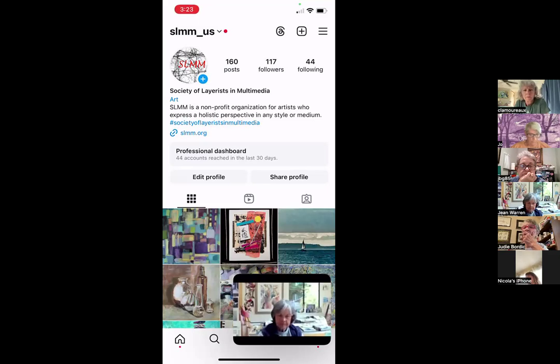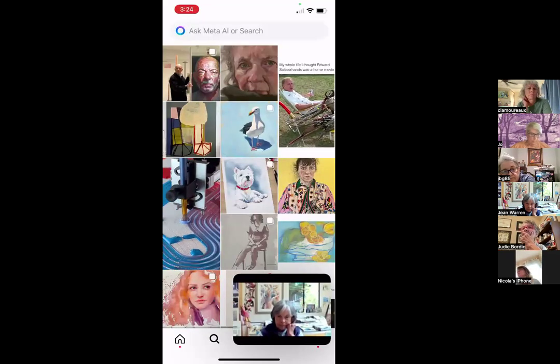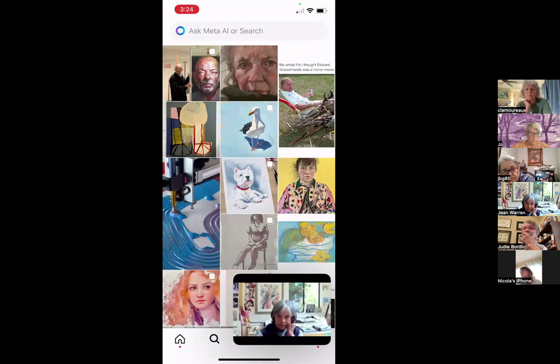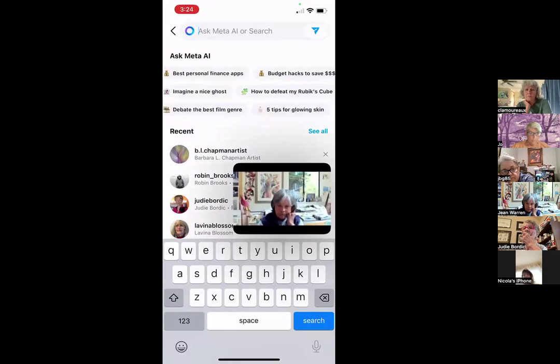So I go down to my, what is this called? A magnifying glass. Yes, not a looking glass, a magnifying glass. I go to my magnifying glass. I touch it with my thumb, and here's what pops up. So I want to go up here to the search box and start adding in Barbara L. Chapman's